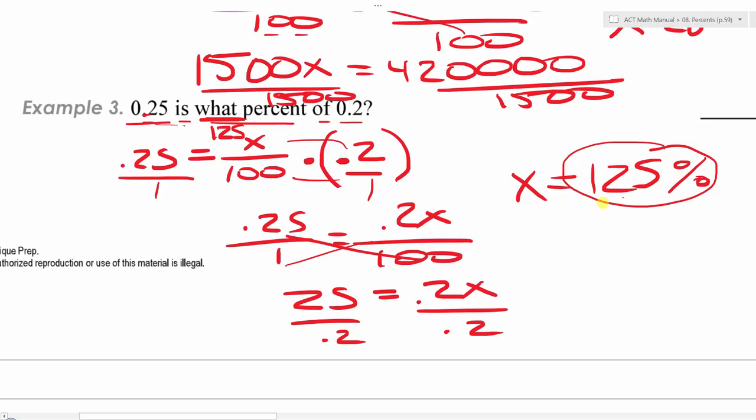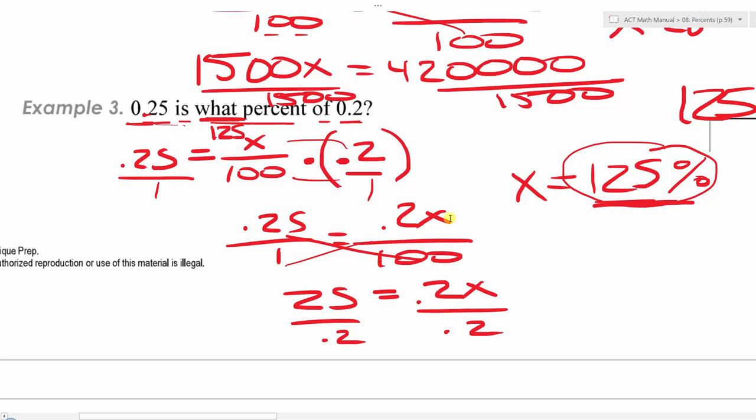Now, some students look at 125 and get a little bit confused because they say, well, wait, how the hell can you have 125% of another number? Well, if one number is bigger than the other number, then indeed it's going to be over 100% of that other number. So it's perfectly legal and acceptable to have a percent that is over 100, depending upon the question. So the answer here again is